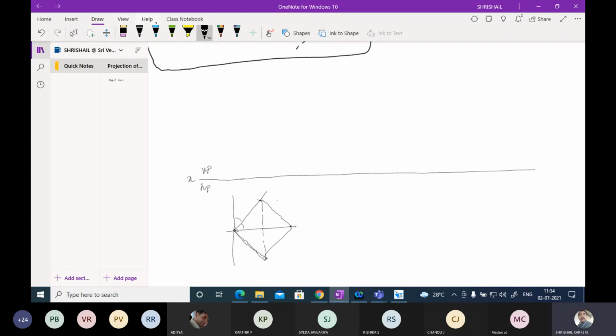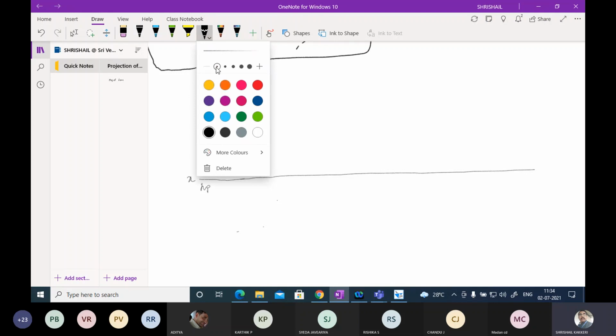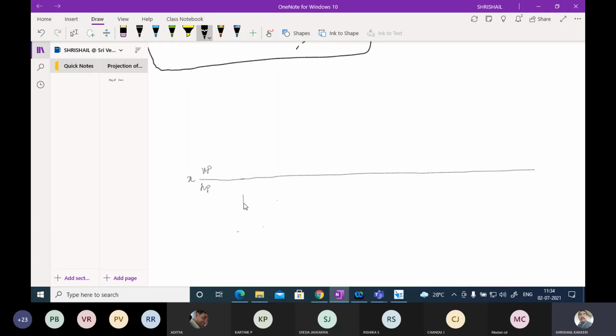Once again I'll explain. Please make the practice of writing it. You write thin lines; all these are thin lines. One horizontal and vertical line, and from here you take a line at an angle of 45 degrees, and here also a line at 45 degrees. Now measure this length, that will be equal to 35 mm length, and this also equal to 35 mm length. Now you just draw a thin line.